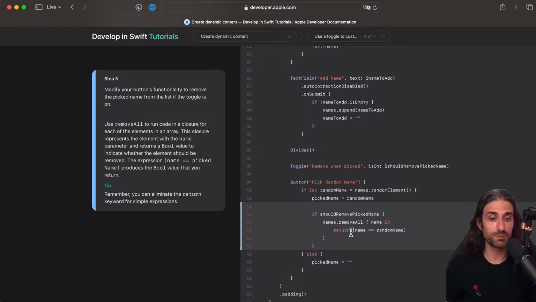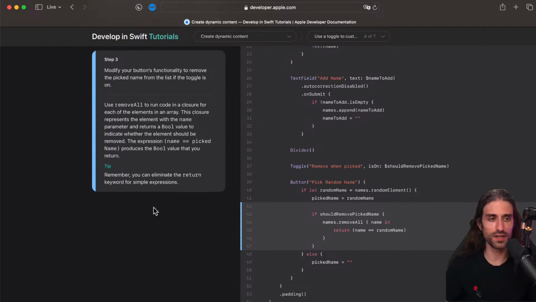You could have here an expression with several ands and ors. It would still be a single expression, and so you could still omit the return keyword. So I don't agree that they said simple expression. It should be a single expression, according to me, because this single expression can be as complex as you want. So it's not the best way to describe this feature of the language.